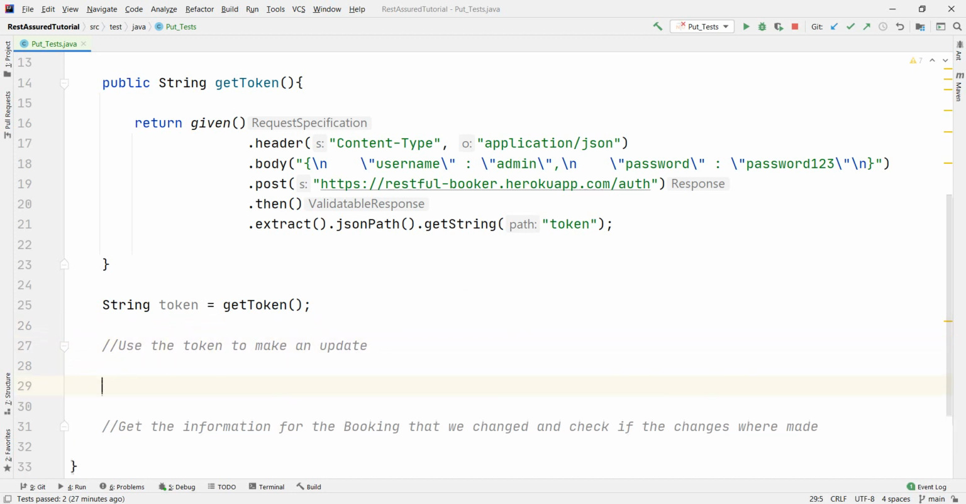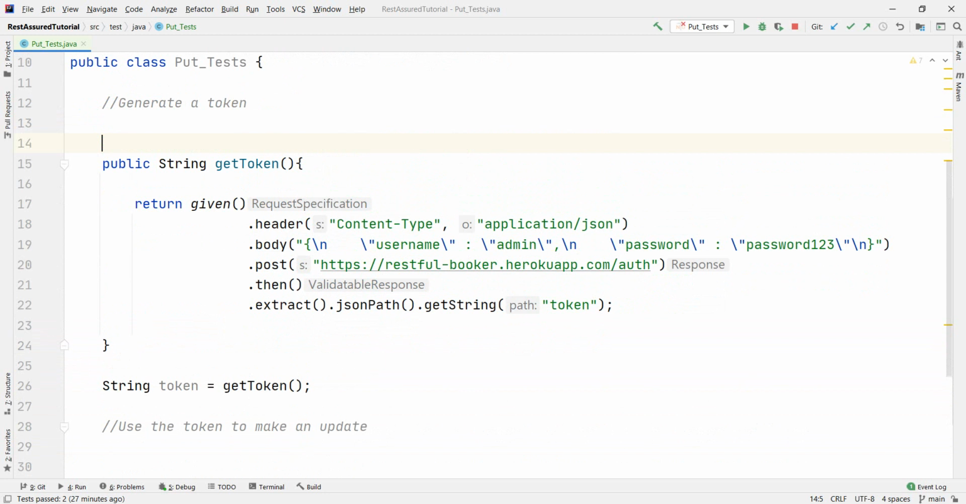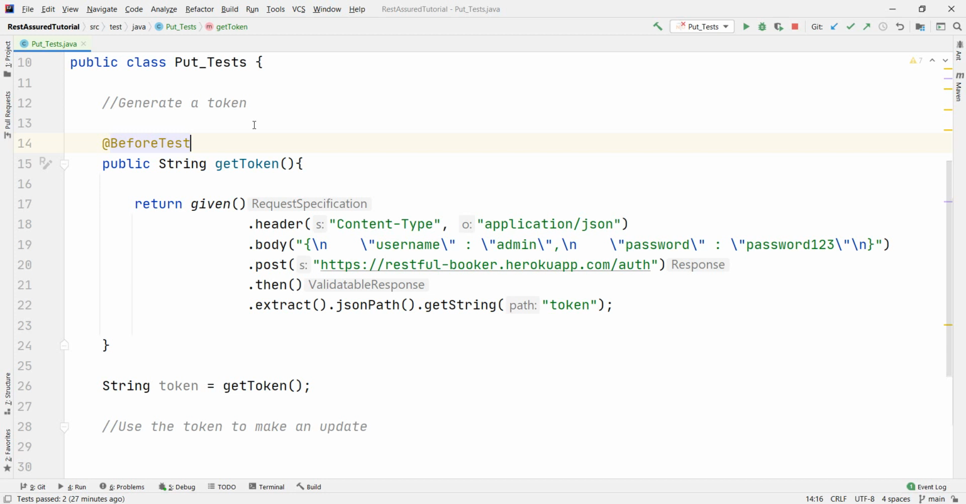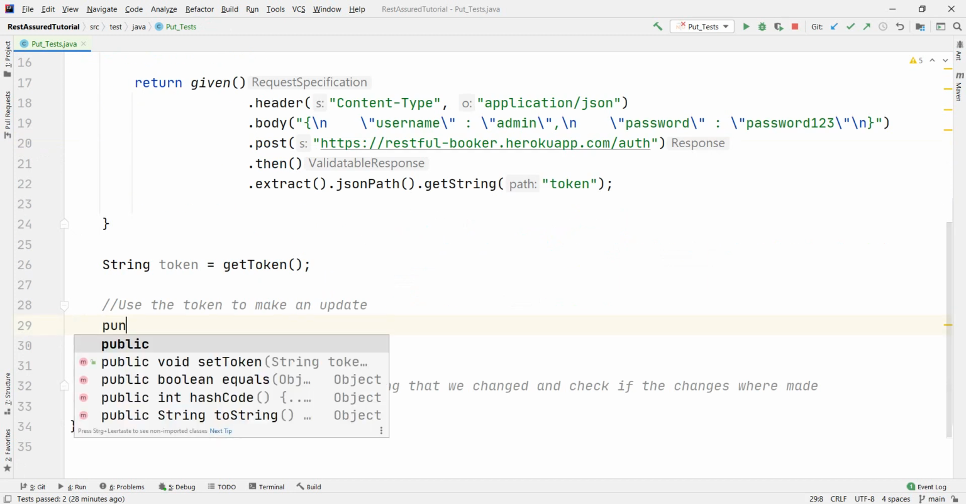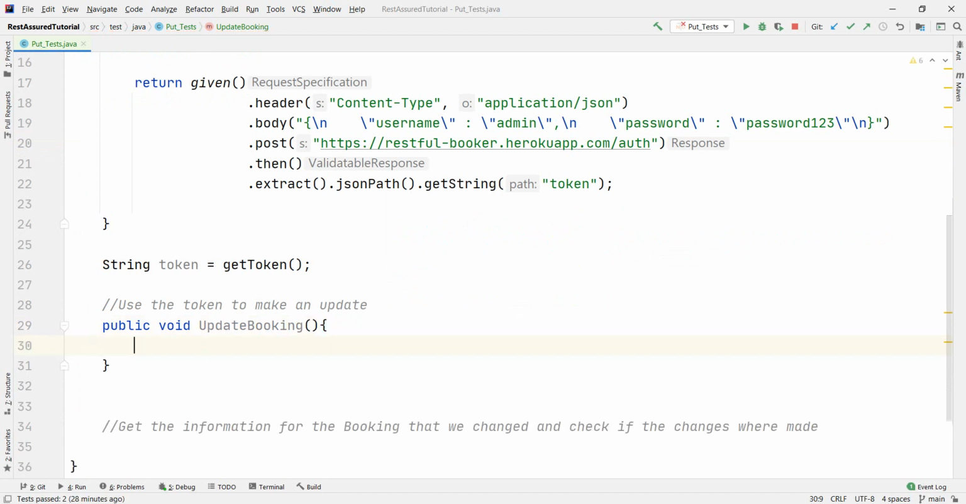And now let's just write our test. And since we want this to be run before each test, we will add a before each hook, or before test hook. And now let's just add here our test, which will do the update booking. This one is a little bit more straightforward. We have our given,